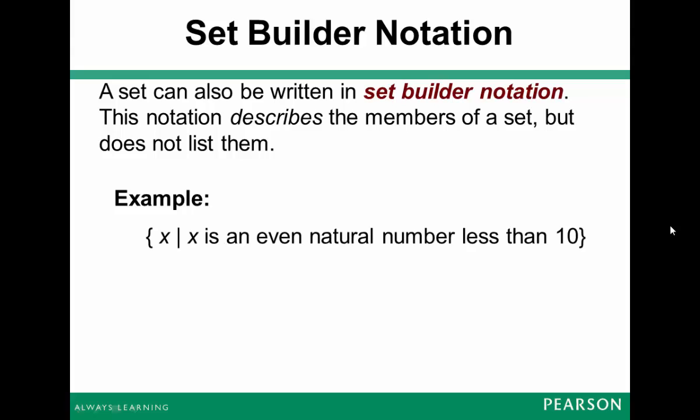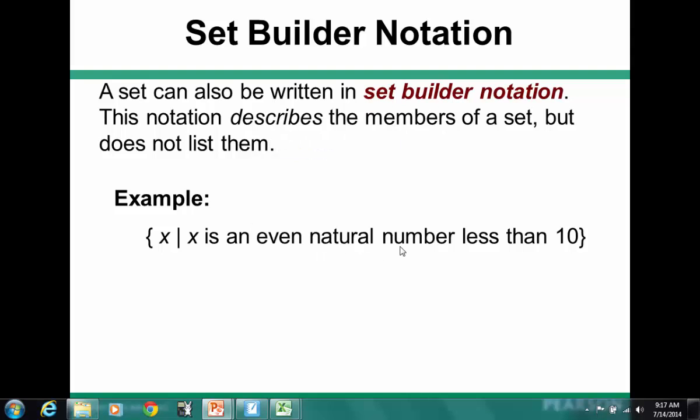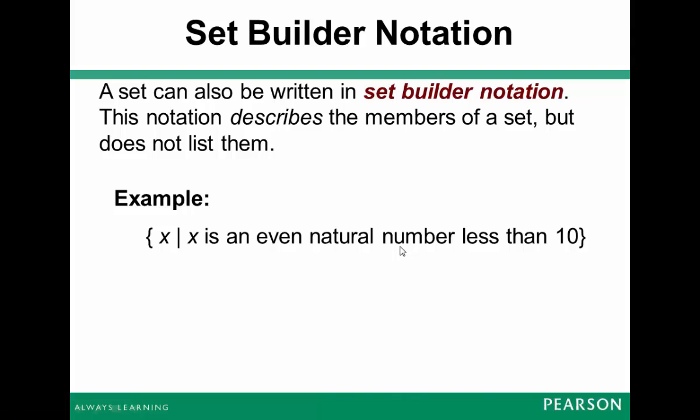Now here would be an example. We would use the set symbols on each end, and we would say it is the set of x's, and remember now x is like a variable, so it's going to stand for something. So the set of x's, and then we put a pipe symbol in there, and that symbol right there is read such that, and then we have x is an even natural number less than 10. So we have described for you, without listing them all, what numbers we mean. So the set of x's such that